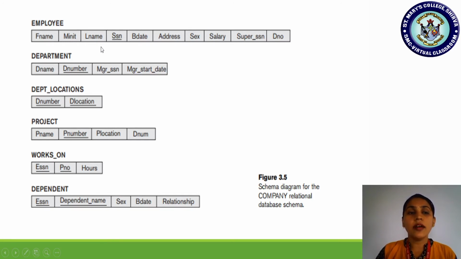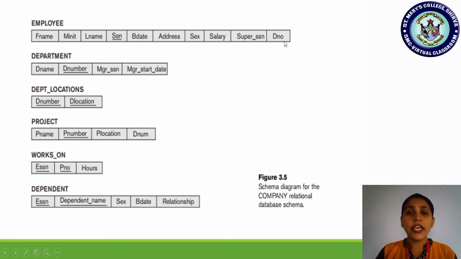Now we shall understand this with the referential integrity constraint. The first rule: DNO is the primary key of the department relation, so how will I give the validity that DNO is a foreign key of employee?